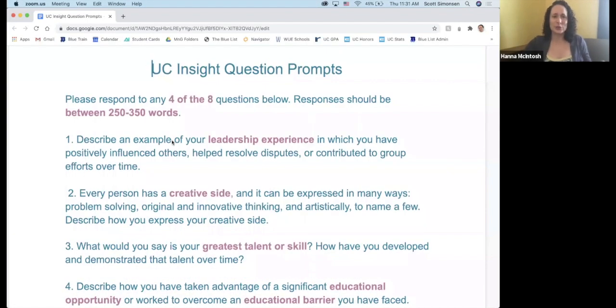Yeah, I think the second part of the prompt is really useful. It talks a lot about thinking about an experience where you influenced a group. So where you positively influenced others, resolved disputes, or contributed to group efforts. So exactly, you don't need a title. It might be a dispute among your friends that you were able to help broker. And maybe you aren't normally the de facto leader of your friends, but in that situation, when there was a dispute, the student was able to step up and make a difference.